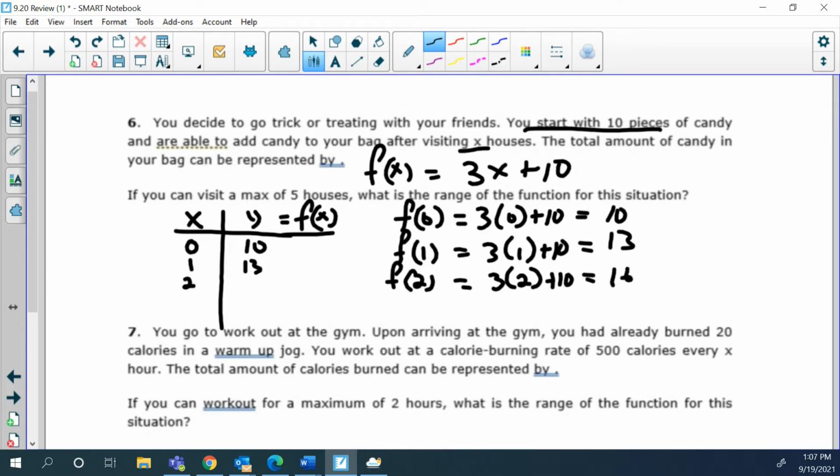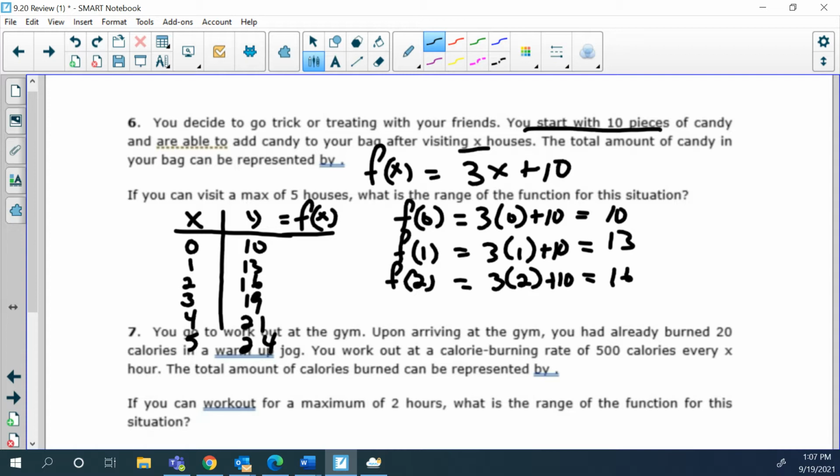Now, if you notice, I'm going up by 3 each time. All right, so 16. So do I really have to go through all the equations? Not really, no. Because I noticed that the amount of candy I'm getting for each house is going up by 3. So on my third house, I'm going to get 19. On my fourth house, I'm going to get 21. I'm going to have 21. And then at my fifth house now, I'm going to have 24 candies. So I didn't really have to solve. Once I see the pattern, I can stop